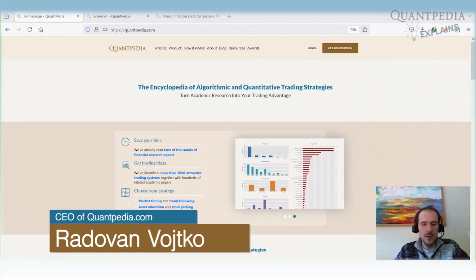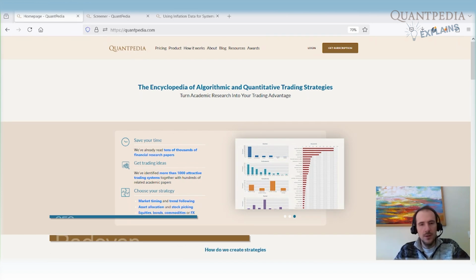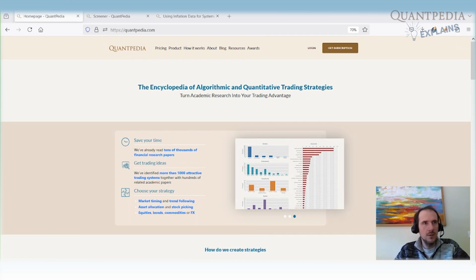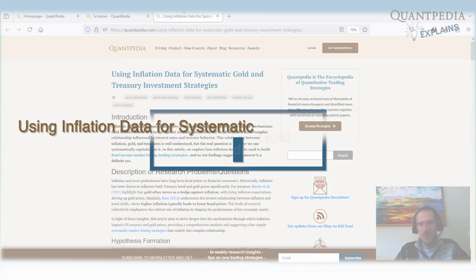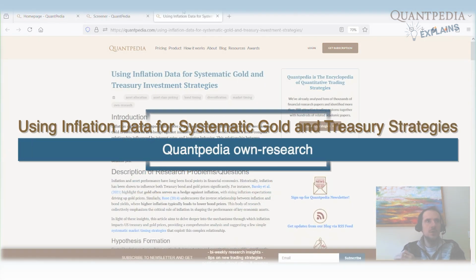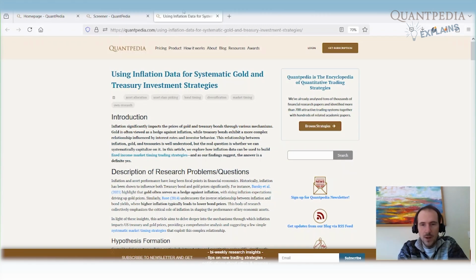Today we will discuss one macroeconomic predictor that is known by everybody, even by you, and can be used very well to predict prices of gold and treasury bonds, and we can build a nice systematic trading strategy using this predictor. So the question is, what's the predictor that I'm talking about? And it's inflation. Everybody is looking at inflation, everybody is interested in inflation, because inflation is how many things